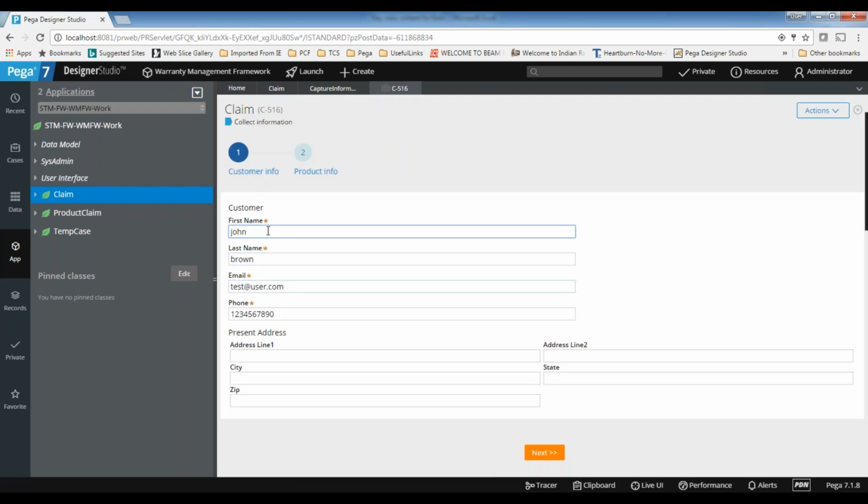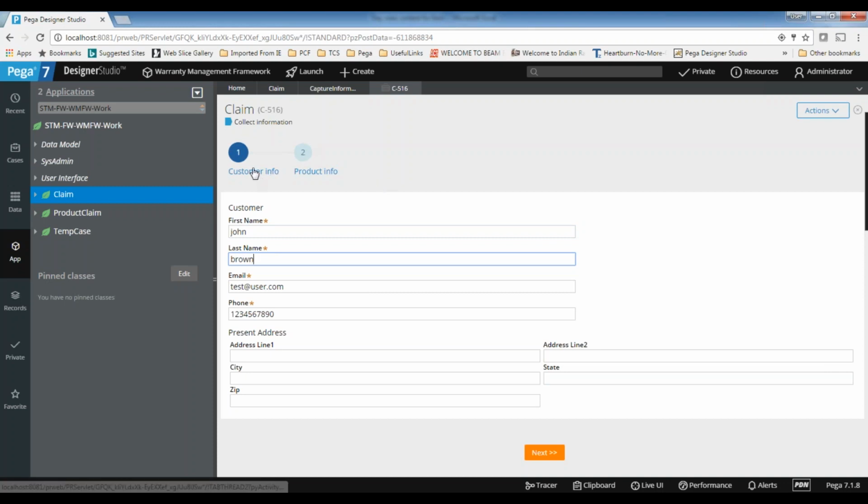And again here, sometimes there may be a requirement where there are 5 to 6 steps. Here we have only 1 or 2 steps, so you cannot visualize that. If we have 5 steps, I can jump from the first step to the 5th step directly, or from the first step to the 8th step directly, without entering the in-between information. If there is no dependency between the screens, you can accept that.